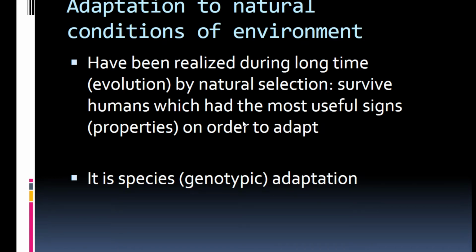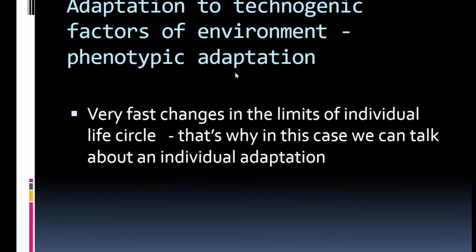Humans survived who had the most useful properties in order to adapt to definite conditions of the external environment. In this case, we have the formation of species, and such adaptation we name genotypic adaptation. Adaptation to anthropogenic or technogenic factors of the environment gives us another type of adaptation. Such adaptation we name phenotypic adaptation, and it forms due to very fast changes within the limits of